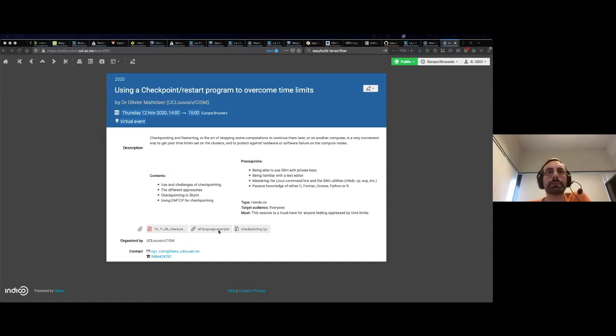I will only present everything in Python during the presentations, but there are also examples here in MATLAB, in R, in C, in Fortran. So everything I present is obviously applicable to basically any language. The syntax is of course slightly different for each of those examples. All the files that I'm going to use in the presentation are in the second table, checkpointing.tgz.